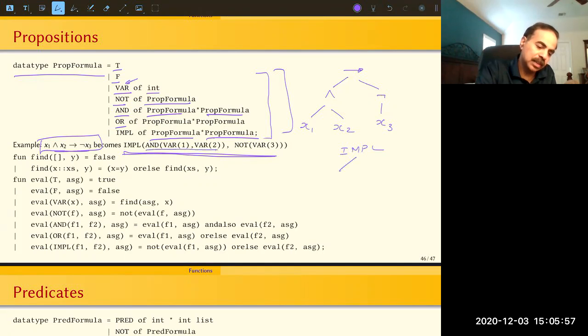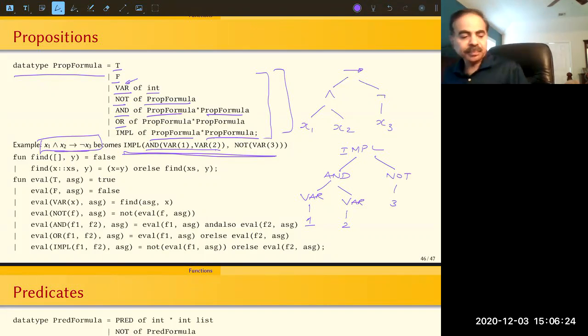Then the first child is an and, which has